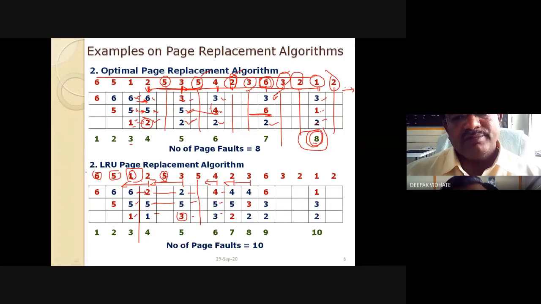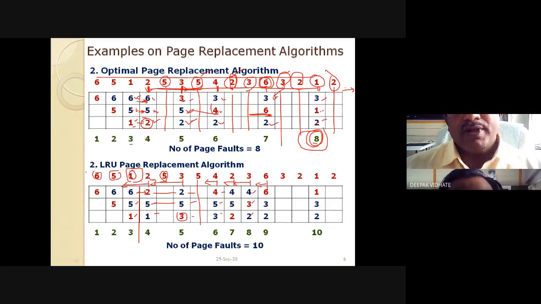For 3 also, the same process you have to repeat. For 6, again look in this particular direction and compare between these 3 pages, right? So you might get somewhat confused, but here I have already written this thing, but you have to compare this. For 6 number, this comparison is to be made. For 3 number, this comparison you have to make here.